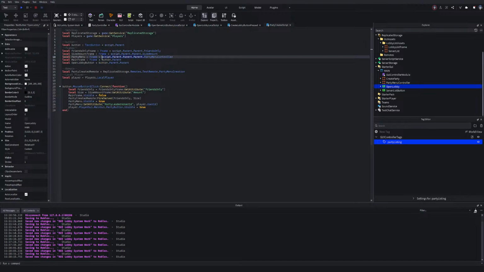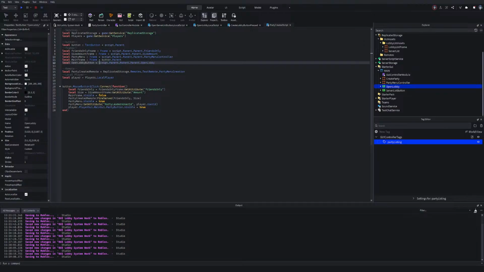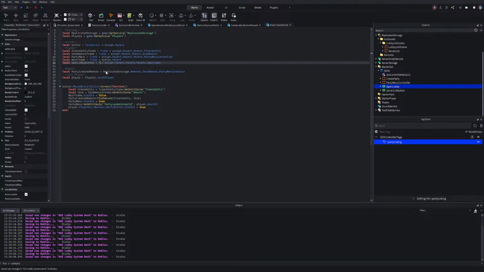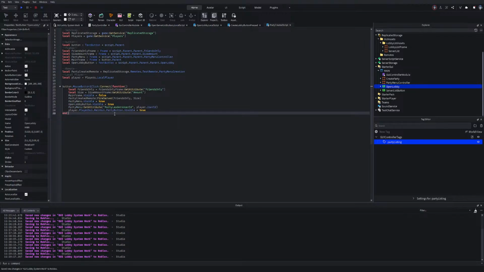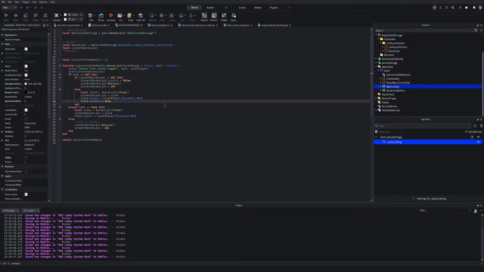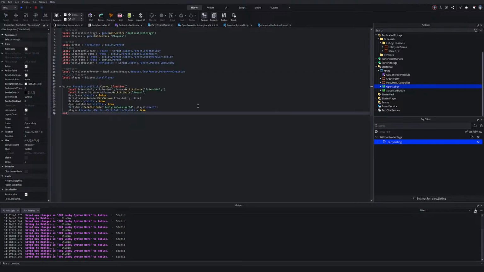This is what I need. Dot open lobby, which is going to be a text button. This text button, open lobby dot visible is equal to true, so that way you can see it. And now though, this